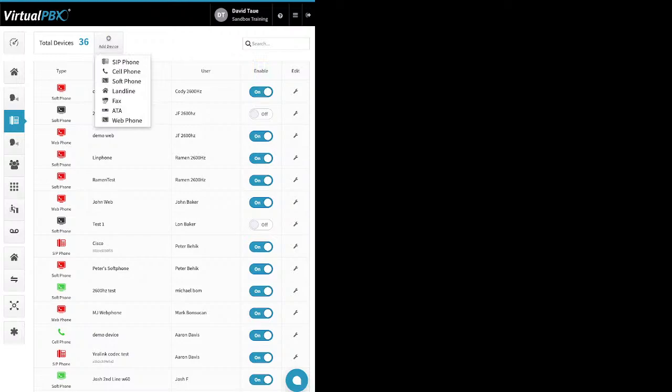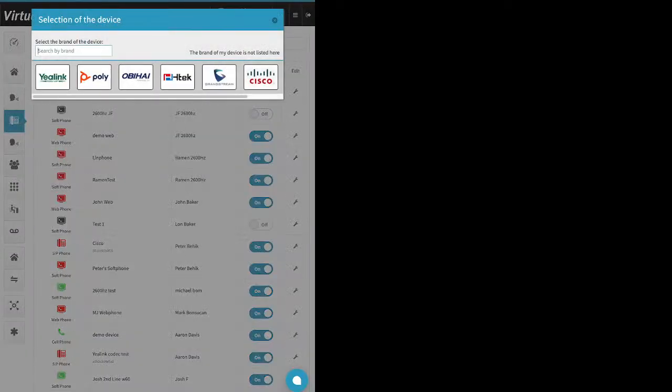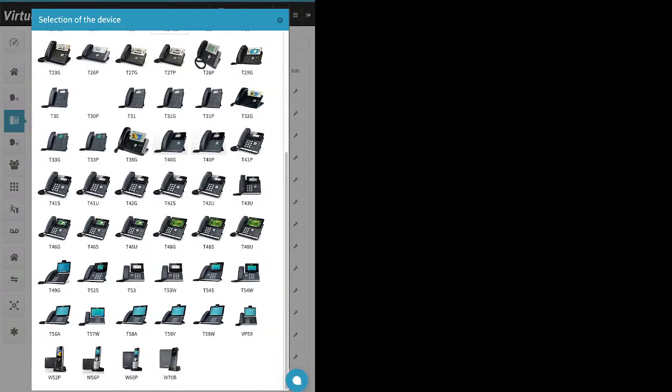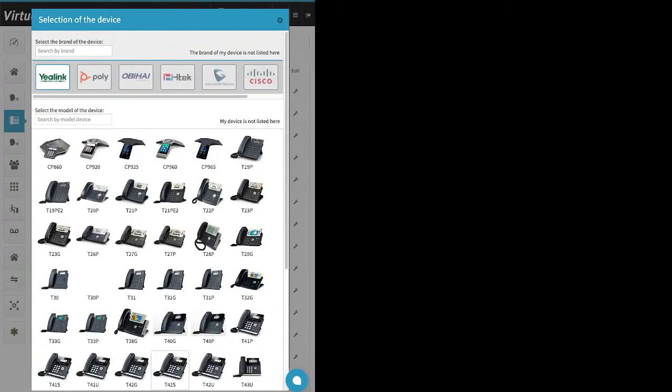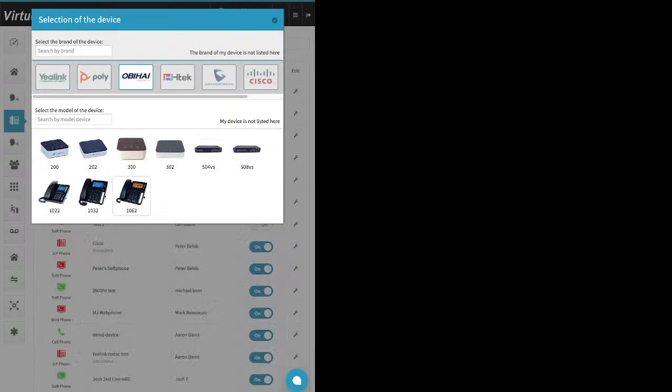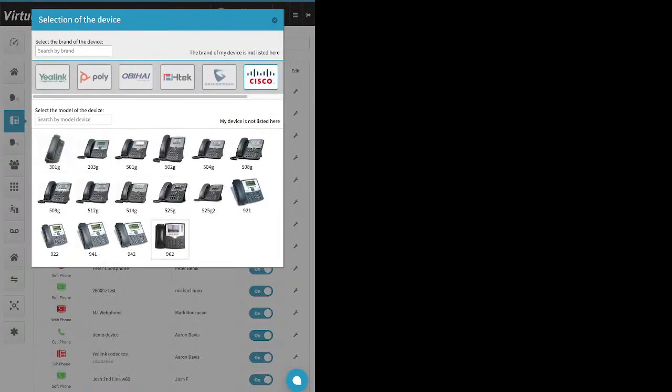Up here at the top, you can click Add New Device. First up is SIP phone. That's that physical hardware phone. You have these manufacturers to choose from. If you click on it, you can see the various models that are supported. Some have a lot of models, some only a few. But you find the make and model phone you're going to work with,